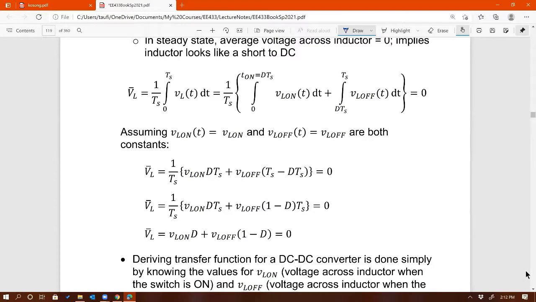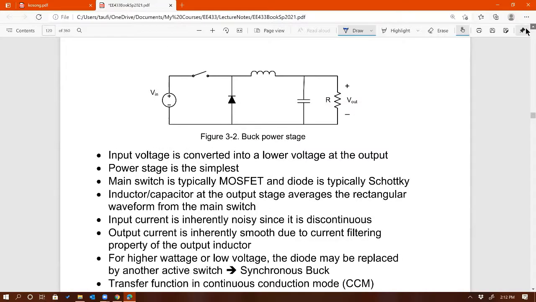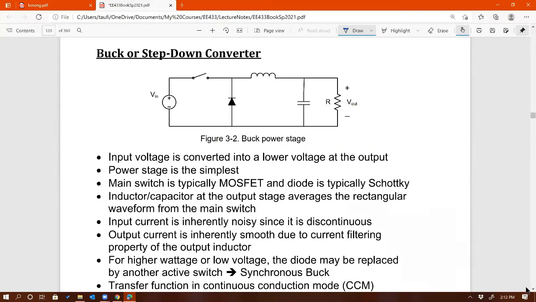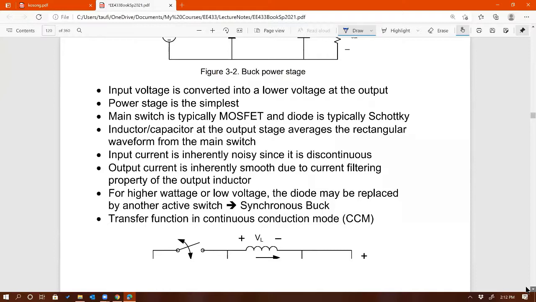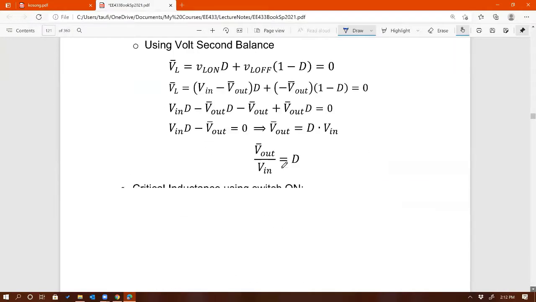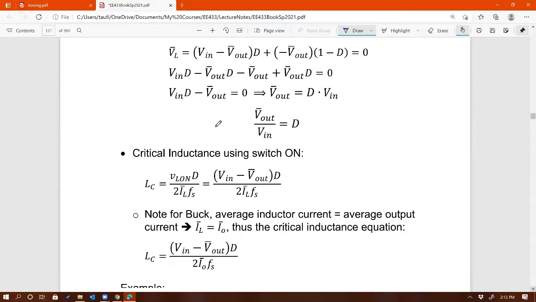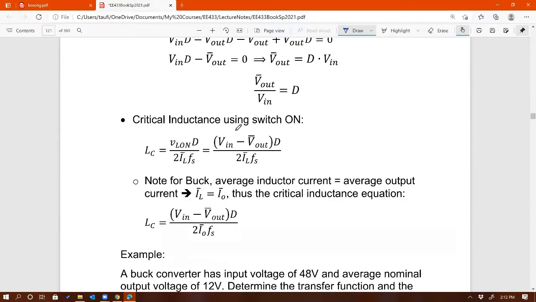Okay, yeah. So this is the general equation for transfer function. Okay, there's the buck converter. Thank you. So what we did was we derived the transfer function first, right, using volt-second balance. As you can see, it's not really bad. You just apply volt-second balance and you get the transfer function, and then now you could also derive the critical